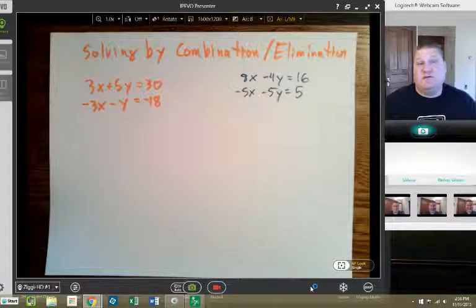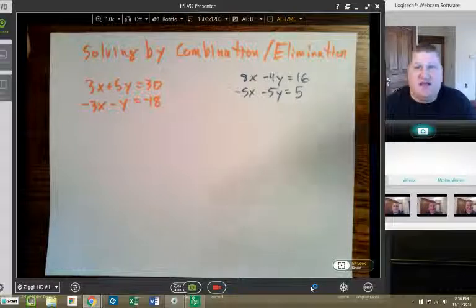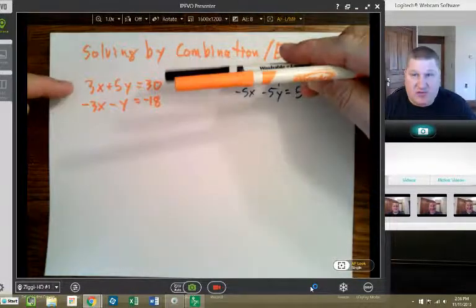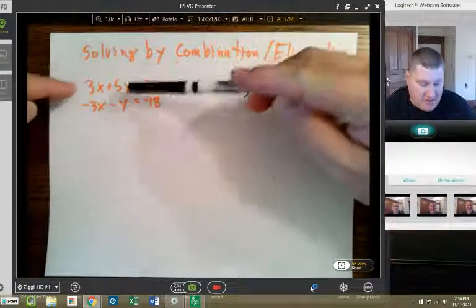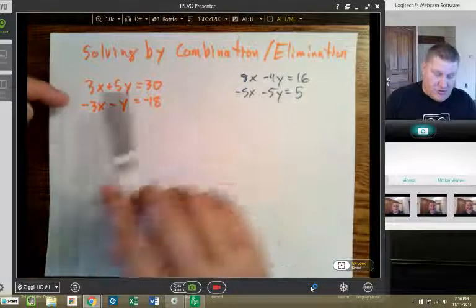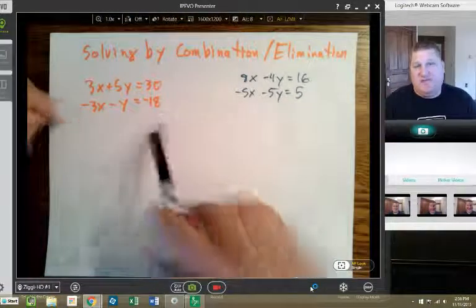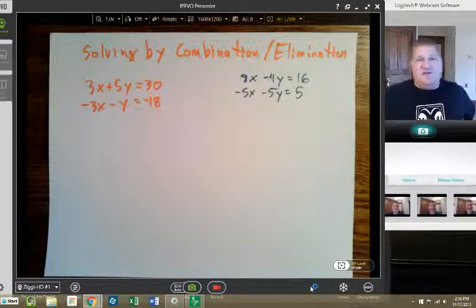Okay, the next thing we're going to do is instead of solving by graphing, we're going to solve by combination slash elimination. Now, I still have two equations, one here, one here. And we're still going to use those linear equations. Now, I could go to all the trouble to get y by itself and graph it, and y by itself and graph it. But if you remember, the reason we don't like graphing as a method, as a general rule,